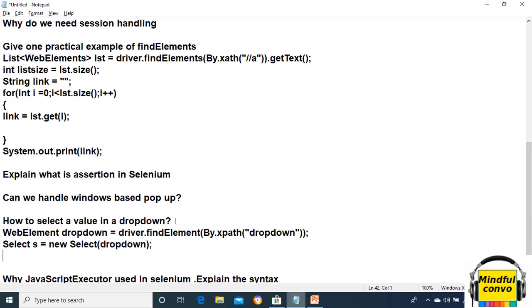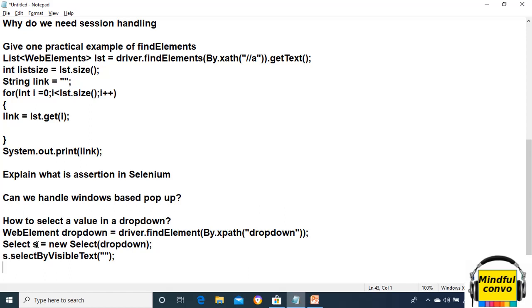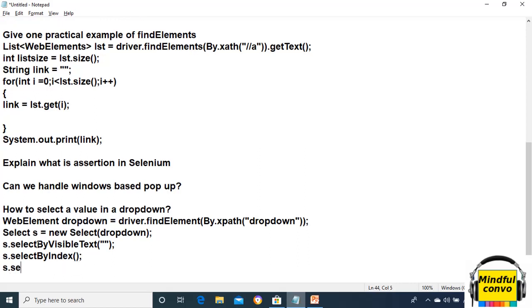Now using this instance of the Select class, we can select the element from the drop-down either by the selectByVisibleText method, in which we have to write the string, or selectByIndex, or selectByValue.